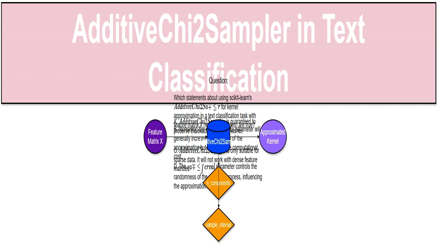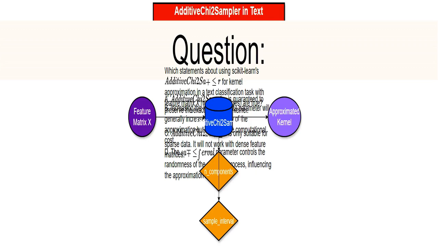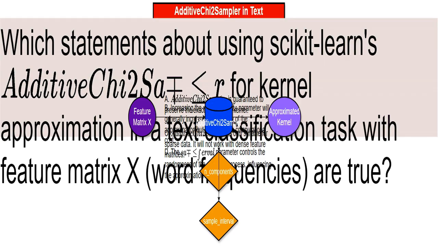Think of it as a way to cleverly reduce the amount of data I work with without losing too much information. Here's the question we're tackling. How well do you understand AdditiveChi2Sampler? This question asks about the behavior of the scikit-learn's